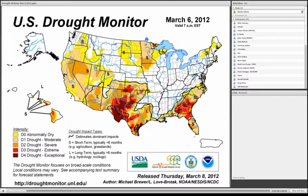This wet pattern has been going on now for the last several months, and as I go forward with this talk today, we're going to look at it continuing at least into the short term. And then we have some regions that include New Mexico and West Texas and portions of the Texas Panhandle and Oklahoma Panhandle. And what we're seeing is this area has not seen the substantial improvement